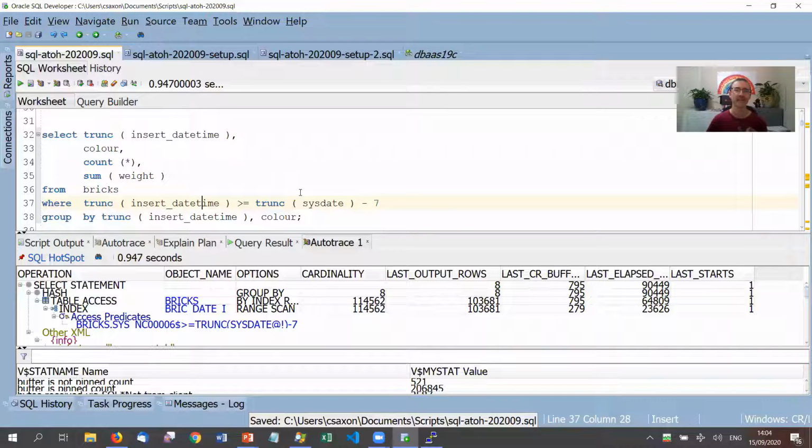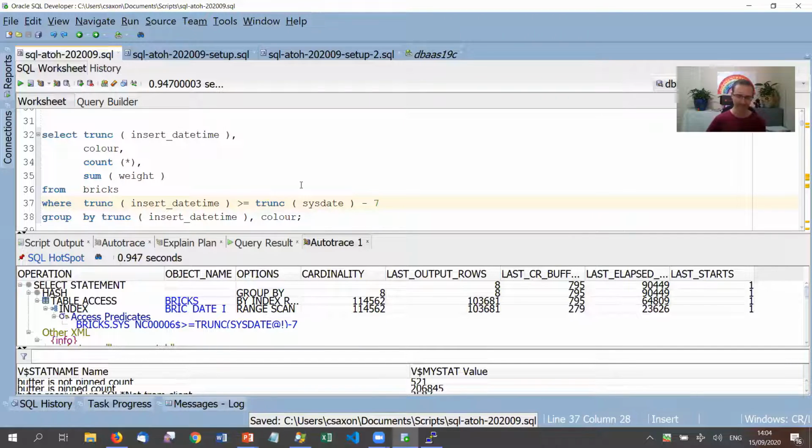But the thing is, this query still processes a large amount of data, even when using that index. So we can see output rows over 100,000 rows. It's index entries that it's read here, and it's done a fair bit of work, read a lot of blocks to process this. So while in terms of response time it's pretty quick, we're still actually reading quite a lot